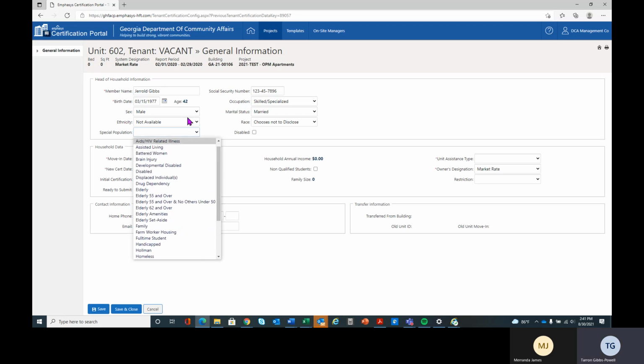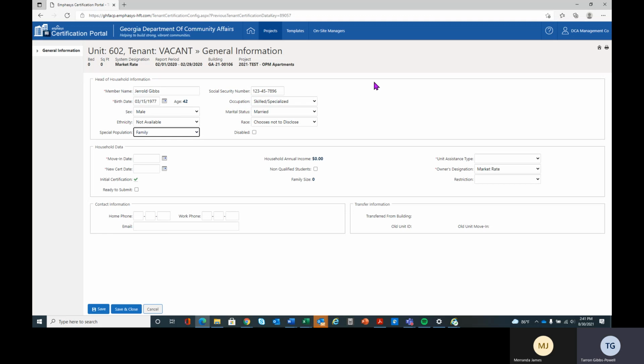And again, I would choose the Tennessee. And since he is under 55, I'm going to choose family because this particular property had both a family and HFOP Tennessee. Click here if he was disabled, the move-in date,